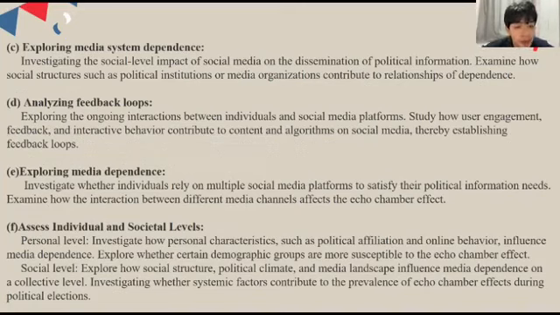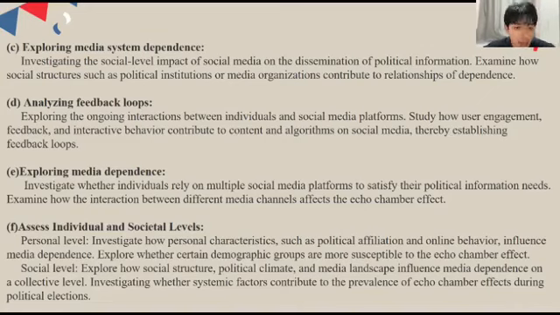Examine how social structures such as political institutions or media organizations contribute to relationships of dependence. Analyzing feedback loops: exploring the ongoing interaction between individuals and social media platforms, and studying how user engagement, feedback, and interaction behavior contribute to content and algorithms on social media, developing feedback loops. Exploring media dependence, investigate whether individuals use multiple social media platforms to satisfy their political